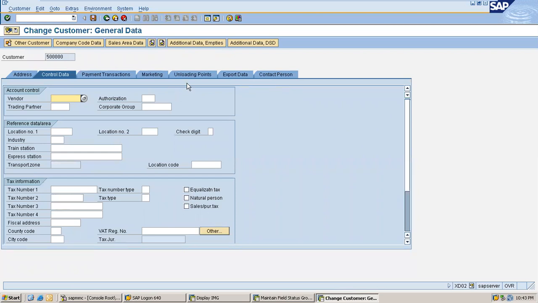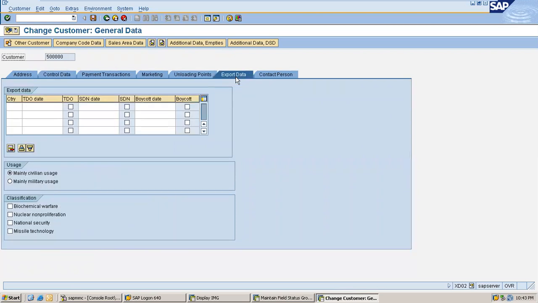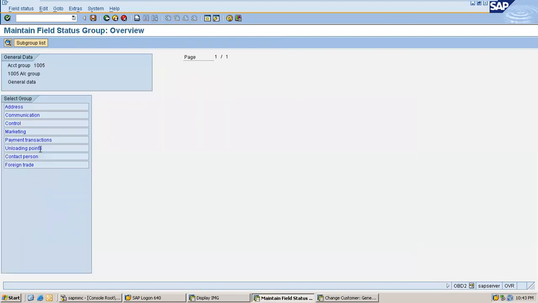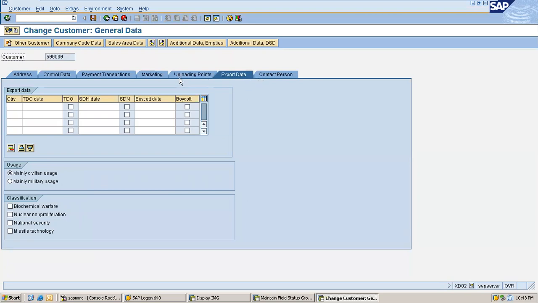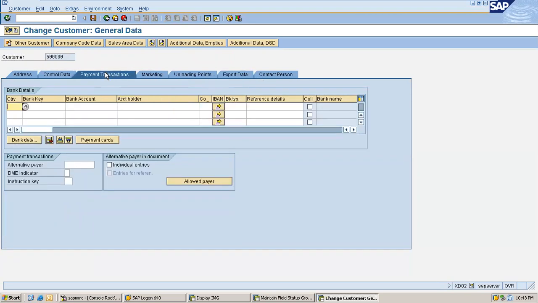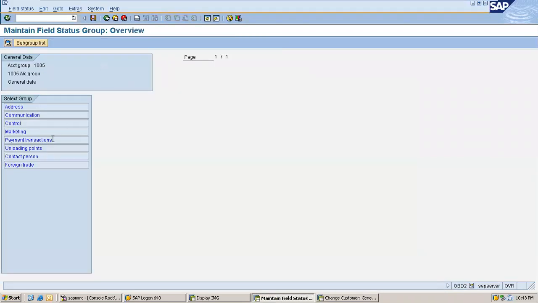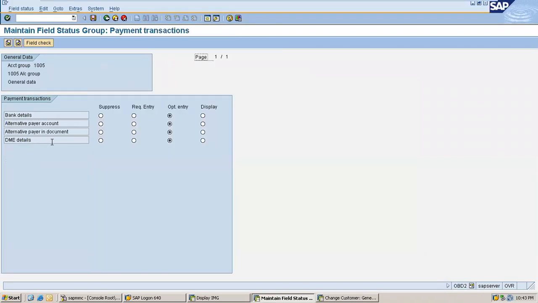Tabs. Let's say this customer is a domestic customer. You want to remove this export data. You can remove this tab actually. Let's say I wanted to remove the payment transactions tab because I don't use it in my customer master number. What do you do here? Go to this tab.